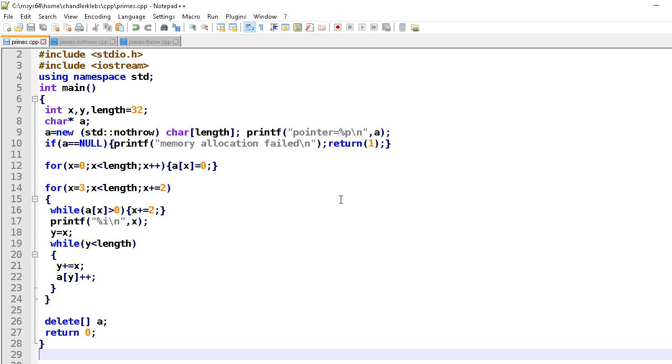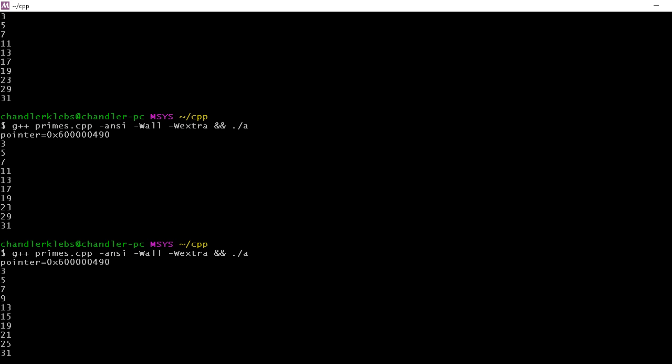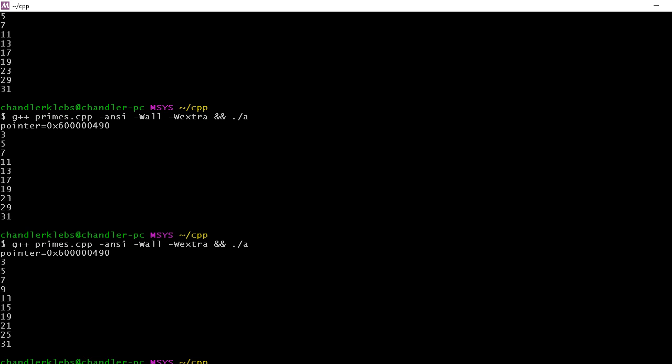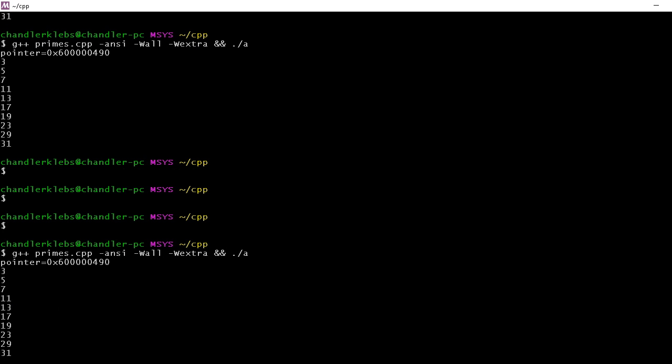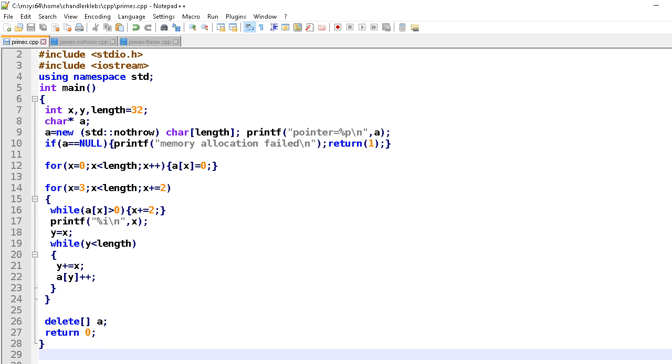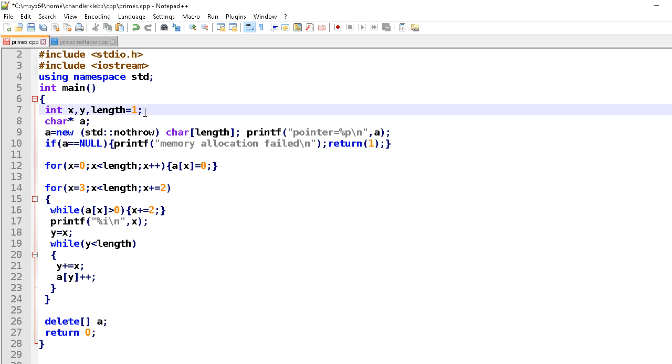Okay, so here's the thing. This code should be perfect. It should only display prime numbers. I can't imagine how it could go wrong because I've checked this extensively. So you see now when I run this program, it only shows the prime numbers. So I'm going to do a little bit of an experiment. What we're going to do here is in this file,